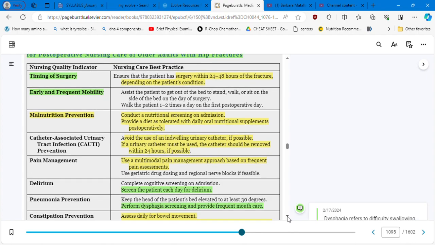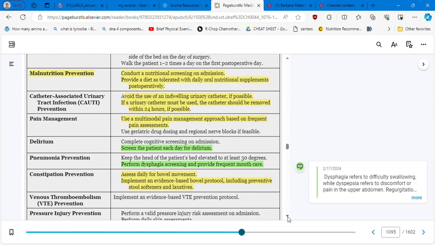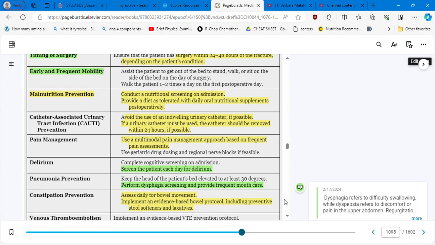Early and frequent mobility assists the patient to get out of bed to stand. Malnutrition prevention, catheter-associated urinary tract infection, and you can go deeper by reviewing this table. And also pneumonia prevention. I will take a look at the ones that are hospital-acquired conditions, for example, catheter-associated urinary tract infection, and pneumonia prevention: keep the head of the patient's bed elevated to at least 30 degrees, perform dysphagia screening, and